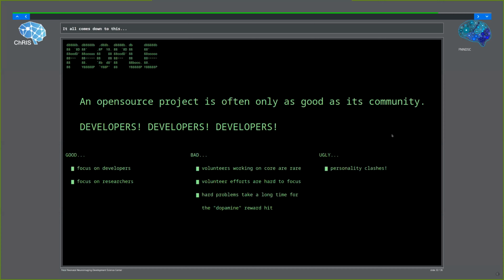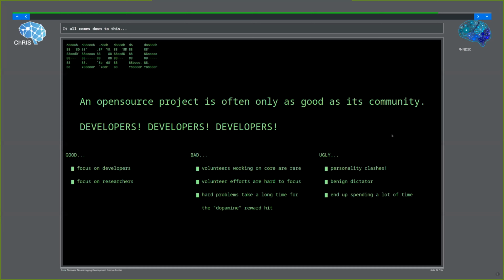Of course, the ugly of people and community is there always are personality clashes. We've experienced this ourselves, and it's not unique to open source projects. In Linux, they have this benign dictator model, which sometimes seems to work well. That only works, of course, if everyone in your larger community respects the person in charge. Hopefully, in our case, this is the reality. When they don't respect the person in charge, then it leads to forking, which you probably don't want to have